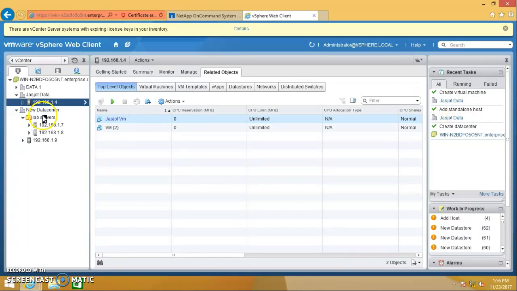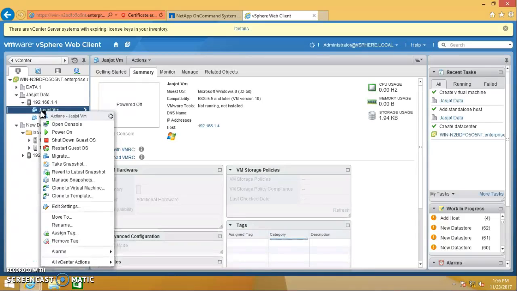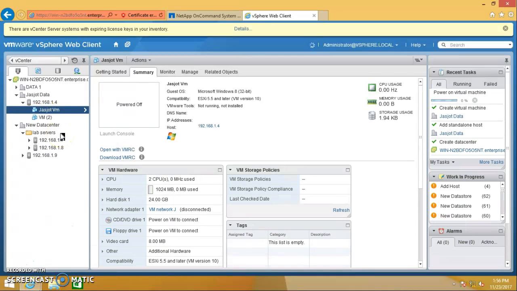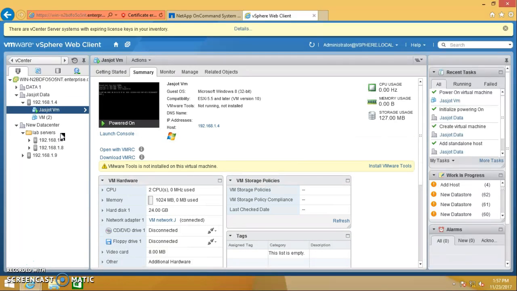The virtual machine is added, click on it. Yeah, it is your VM, and it has been created successfully.